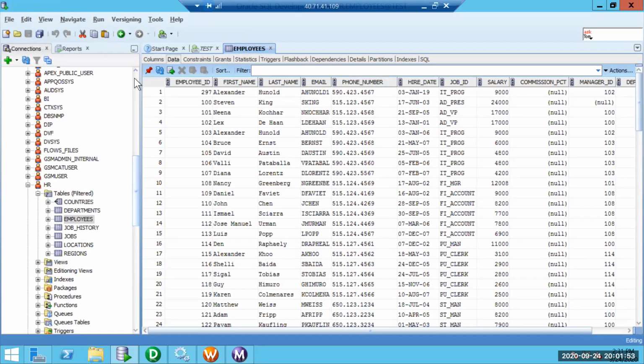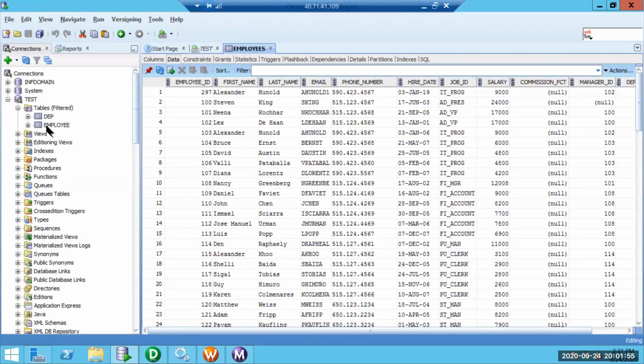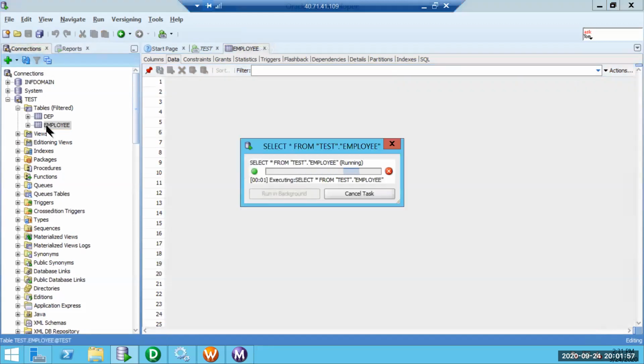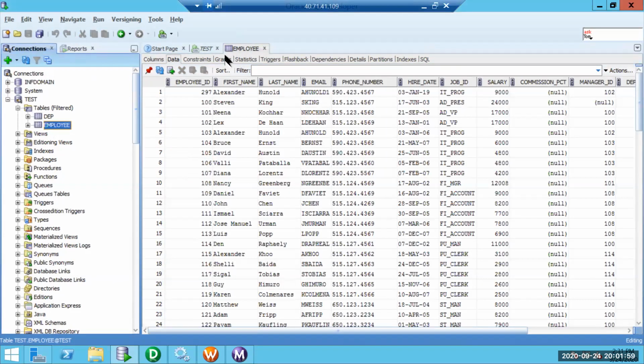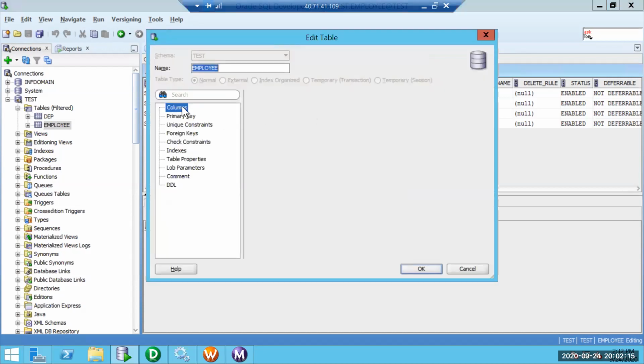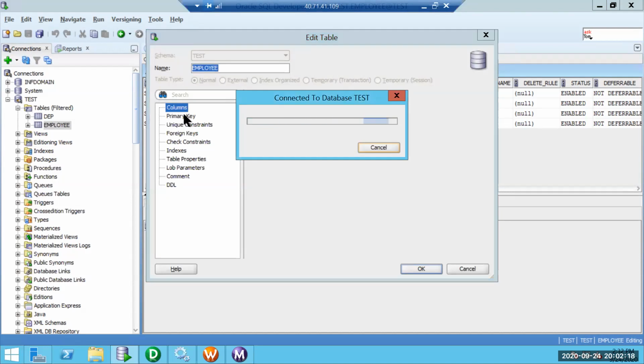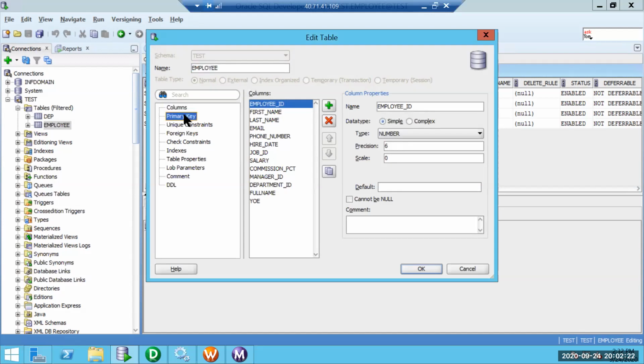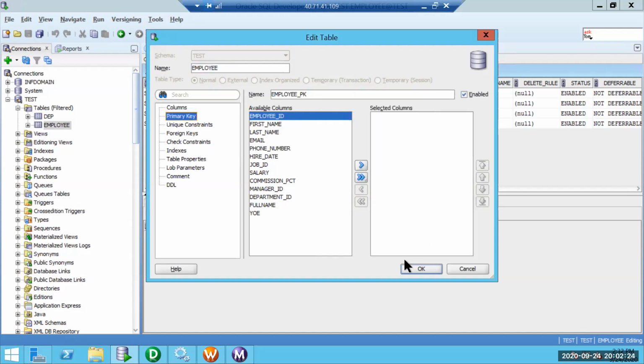Let me pick directly on the test user. If I go to constraints, it has a not null constraint, but it does not have any primary key constraint. Even if I edit the primary key, it is not showing anything.